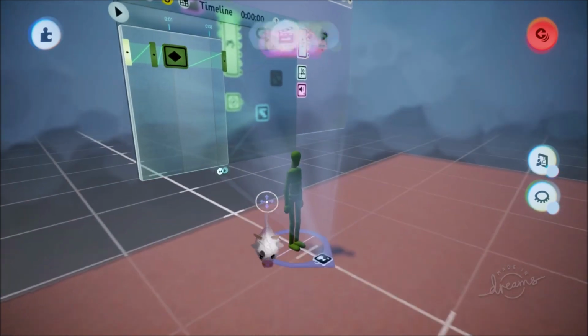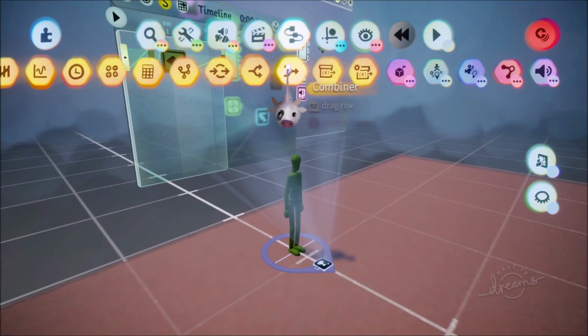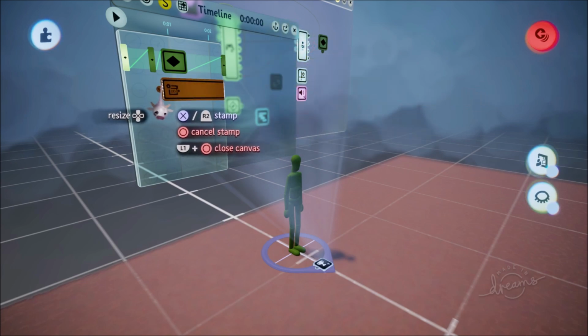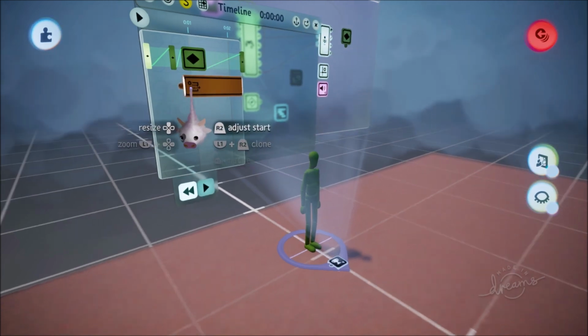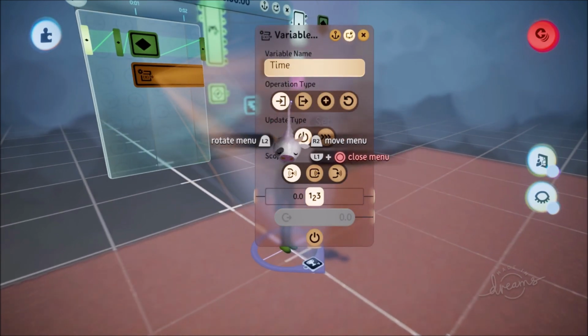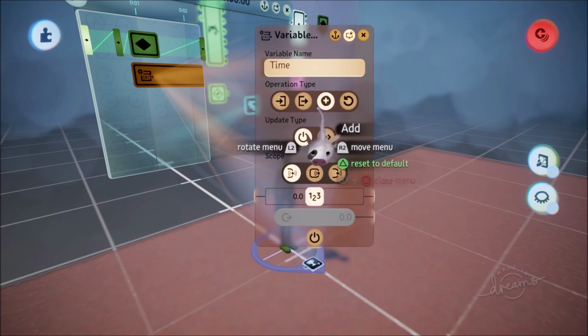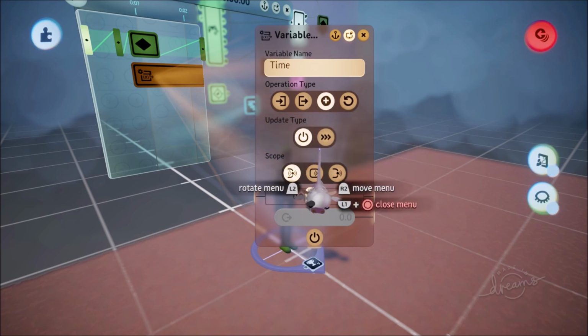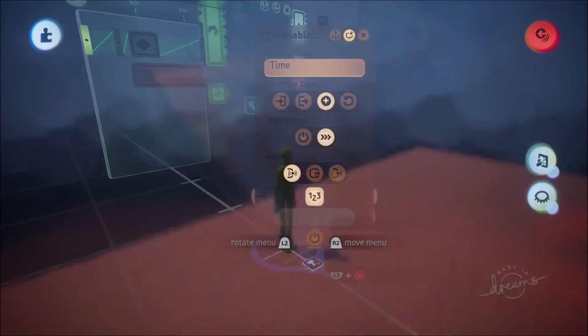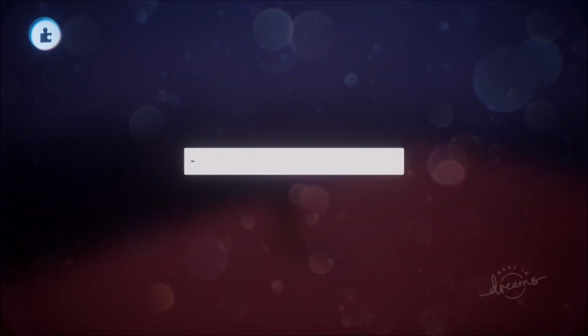I won't spend too much time on that. And now we're going to go gadgets, and we're going to go variable modifier. This is in logic and processing, of course. And this variable modifier is going to affect the variable, which is time. The operation type is add. We're going to say update type continuously while powered. And then we're going to make it negative